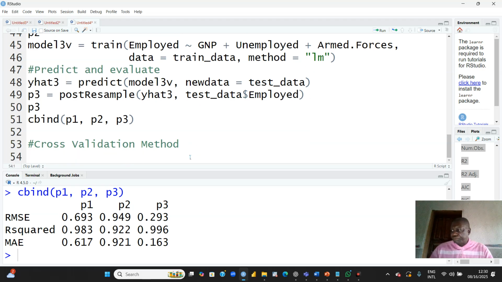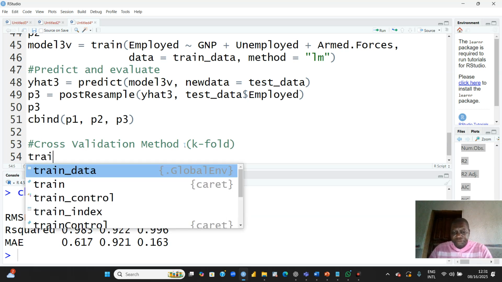So for cross validation, let's see, we call it k-fold. In this case, I think we should start with just 5 folds, and you can practice with 10 folds, whichever fold you desire. So we have train